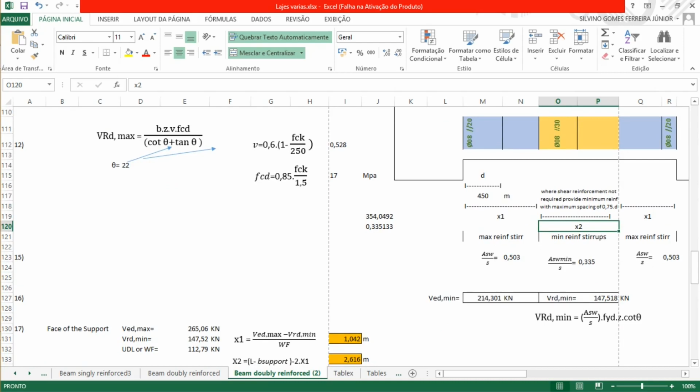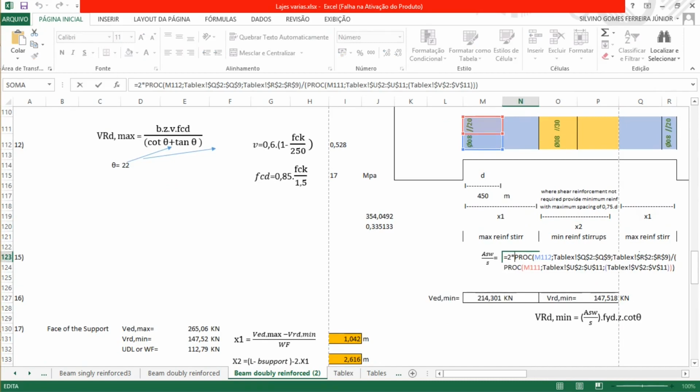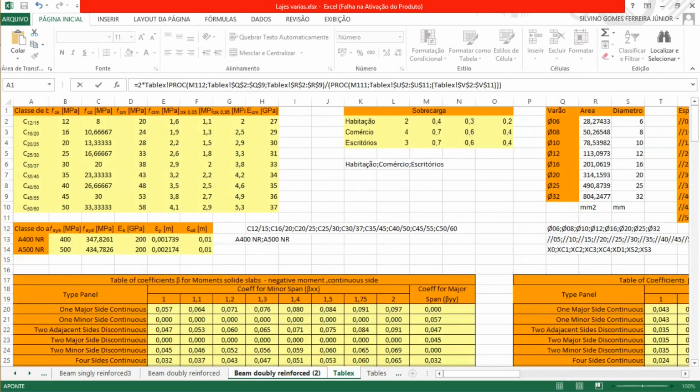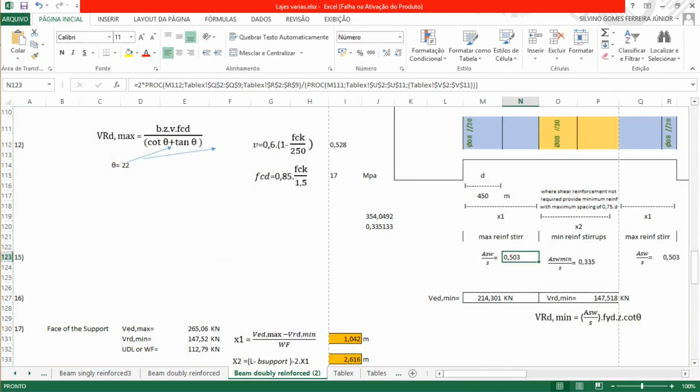On the support it will be 2 legs of the area of 8, that is 50.26, over the spacing of 200 will give us 0.503. Okay, on the middle it's exactly the same, so we know it's 2 legs of the area of 8,